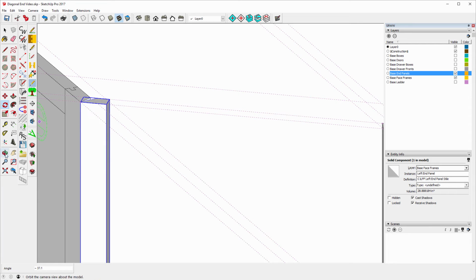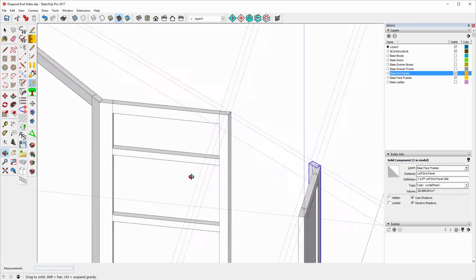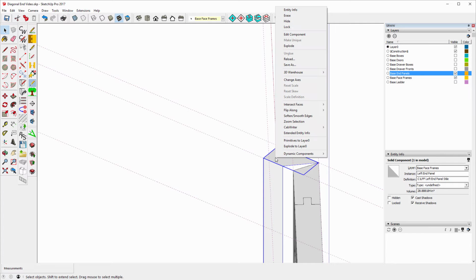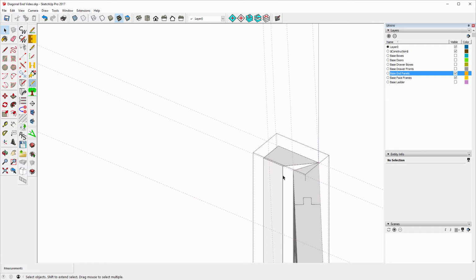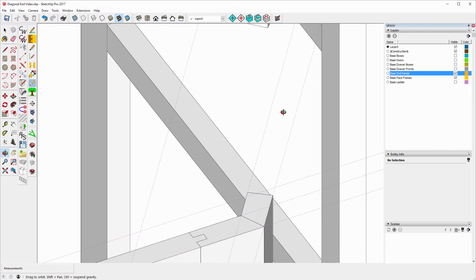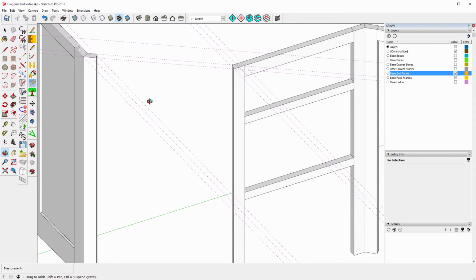But now I need to edit it. Again, select that edge. Move that edge to that point. And there we go. Let me just rotate around here again. All right, now